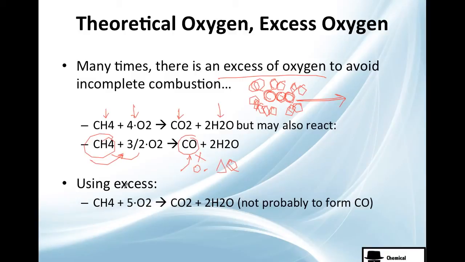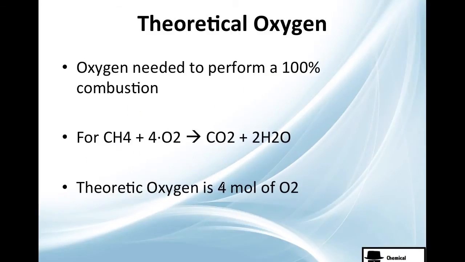So if we use excess, imagine instead of 4, we add 5 moles, we will probably not form CO because we have excess of oxygen, and you will form a nice CO2 and water combination. So, theoretical oxygen. It's the oxygen needed to perform a 100% combustion. Nice. Easy. For example, in methane, we need 4 moles of O2, and